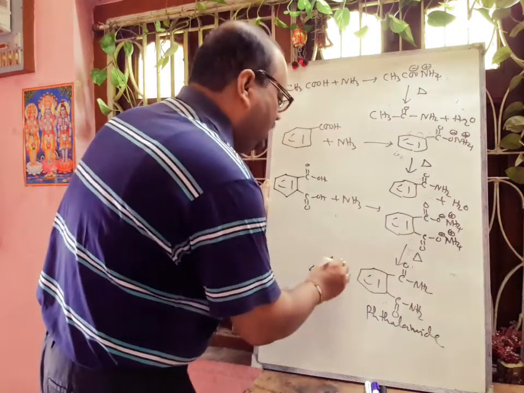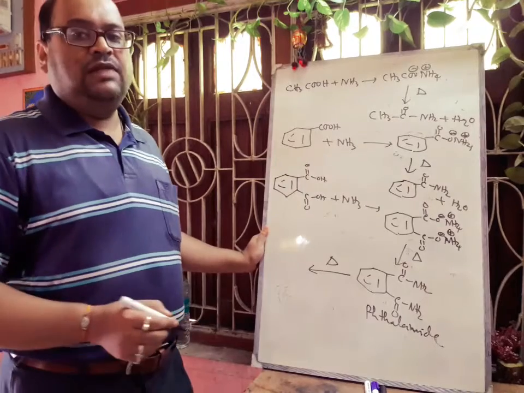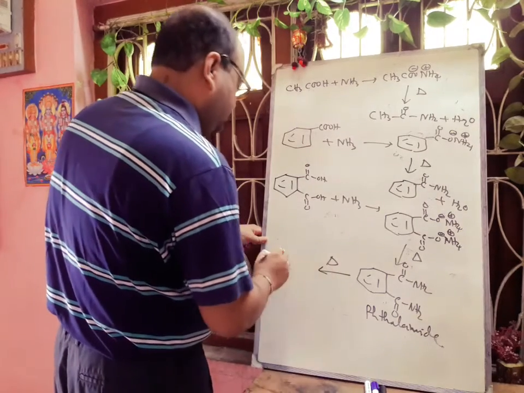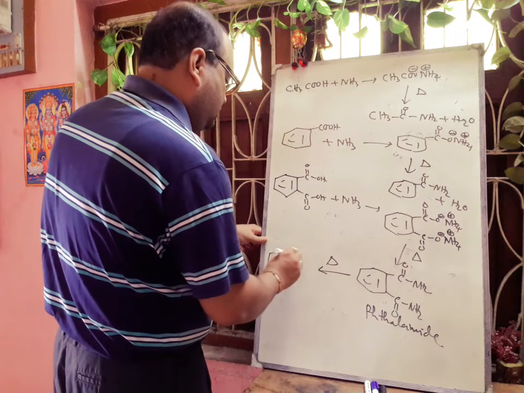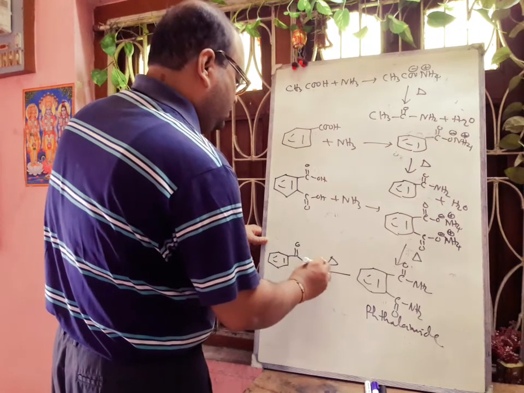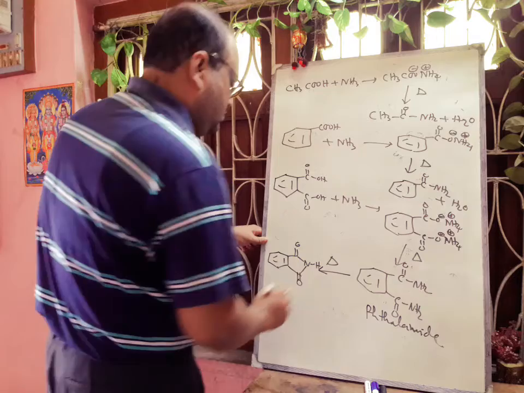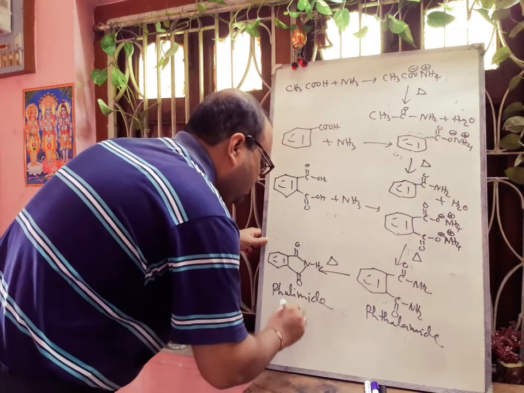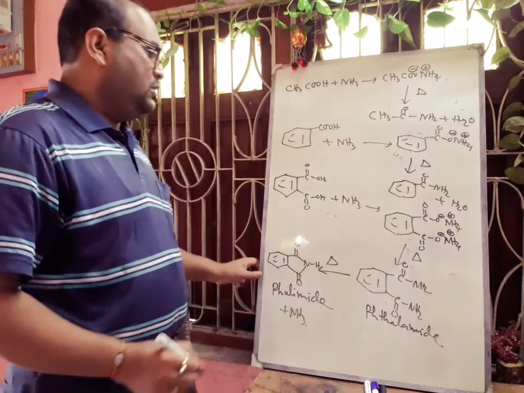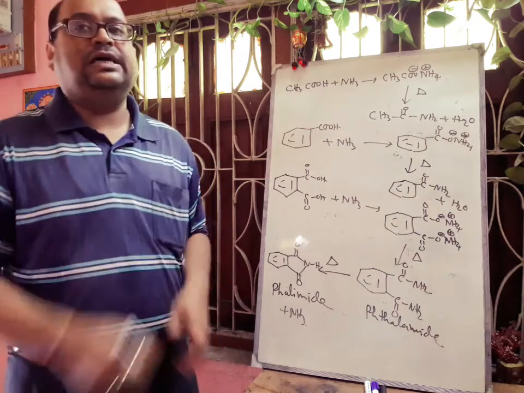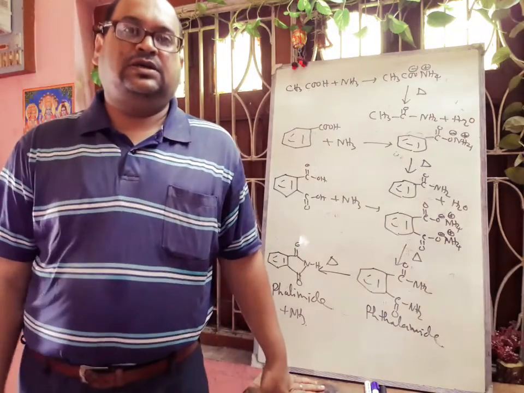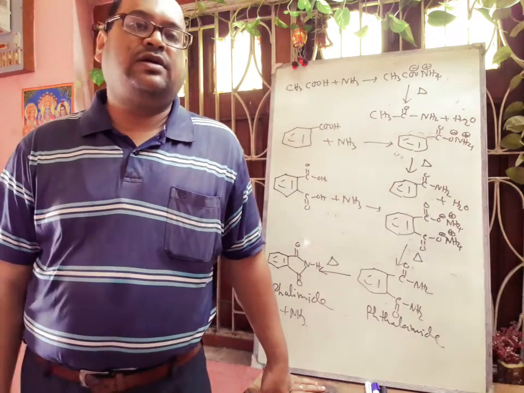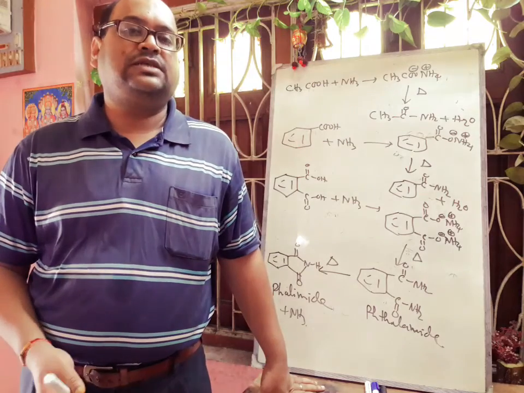But if we heat it strongly, then what will happen? There will be liberation of ammonia and formation of phthalimide. A new compound will be formed. It's called phthalimide, with gas formation of ammonia. So in this way we can easily prepare amides from carboxylic acid. Hope you can understand. So today up to this, and next day we will discuss more chemical properties or reactions of this carboxylic acid.